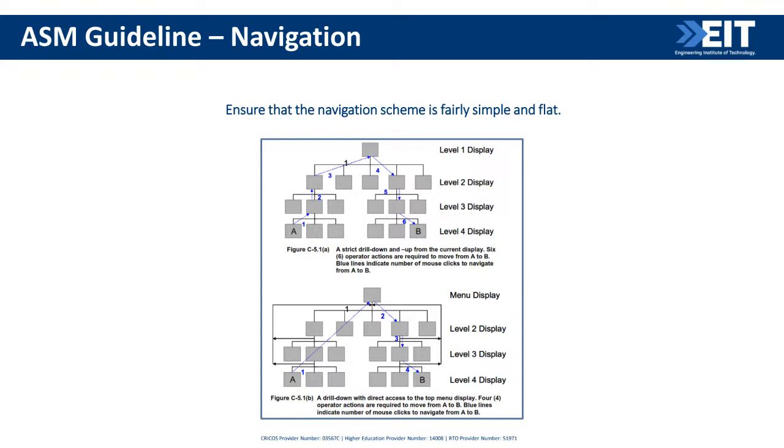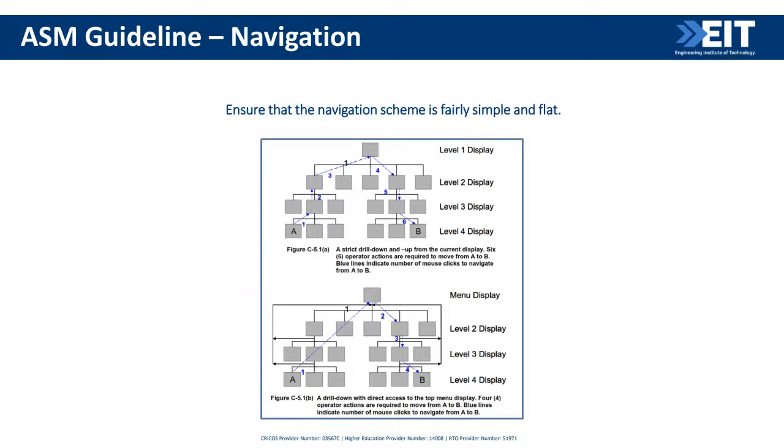So an operator should be able to move very quickly between displays in an error-free manner, right? A broad and shallow display hierarchy will better support this requirement, and it will also not frustrate the operator in finding information. So the general rule is the operator should be able to get to any display within around 3 to 4 clicks. That is what we are seeing in the picture at the bottom of that slide,